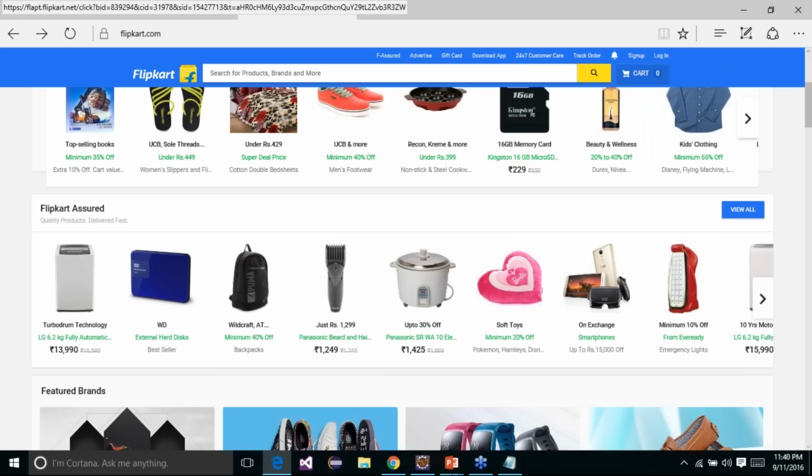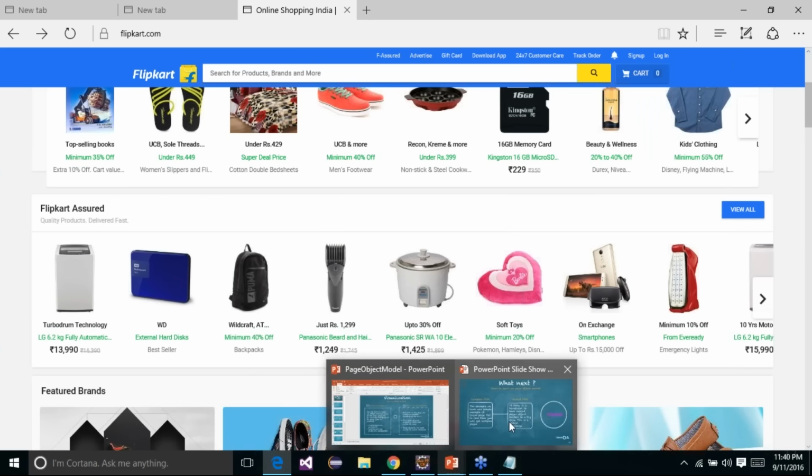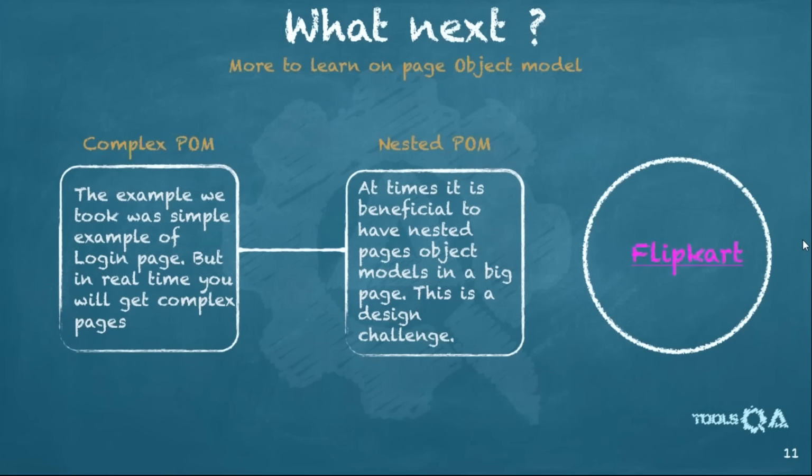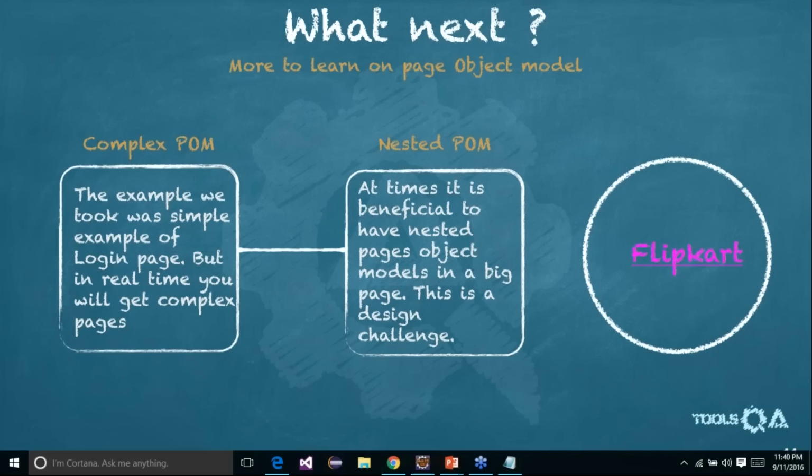All right, so yeah, those are the advanced concepts, and I think I have a question here which says, will we cover the advanced concepts in the next webinar? Well, we won't cover the advanced concepts in the next webinar because it gets a little tight in a webinar when we have just 1 hour. We usually cover this in our professional training that we conduct. So if you want to learn more about the complex form and the nested form, or more details about Selenium and different types of frameworks that are available, then